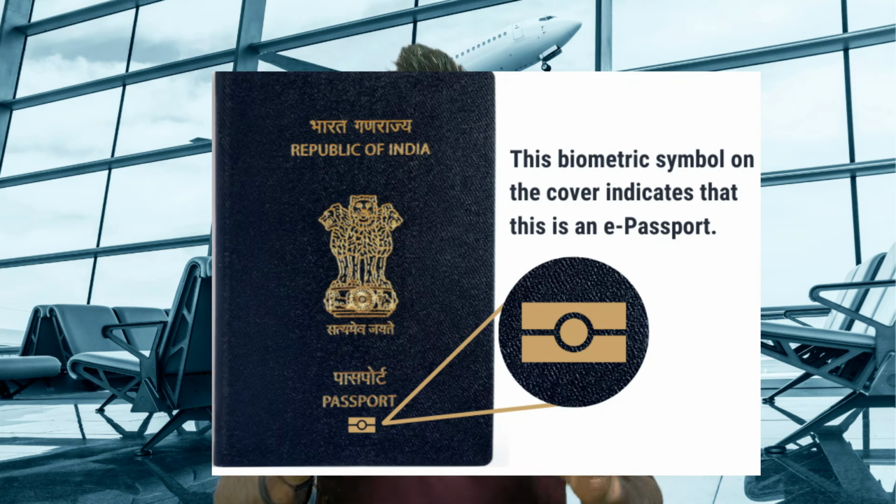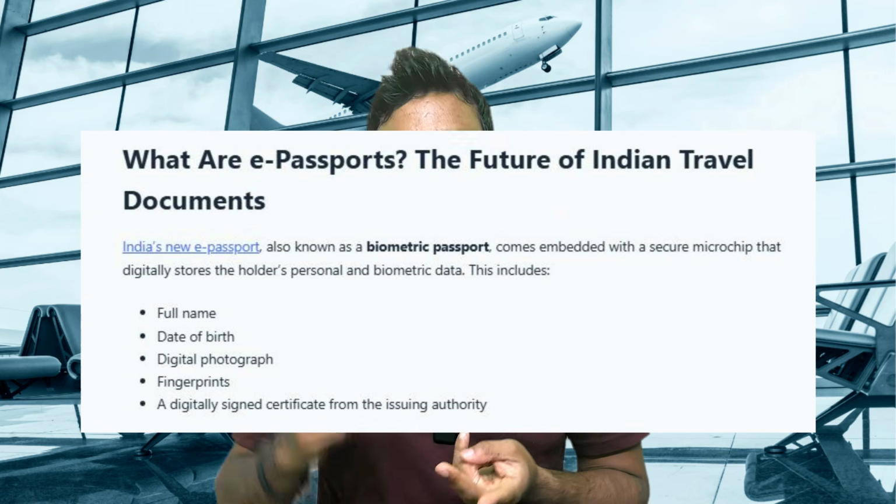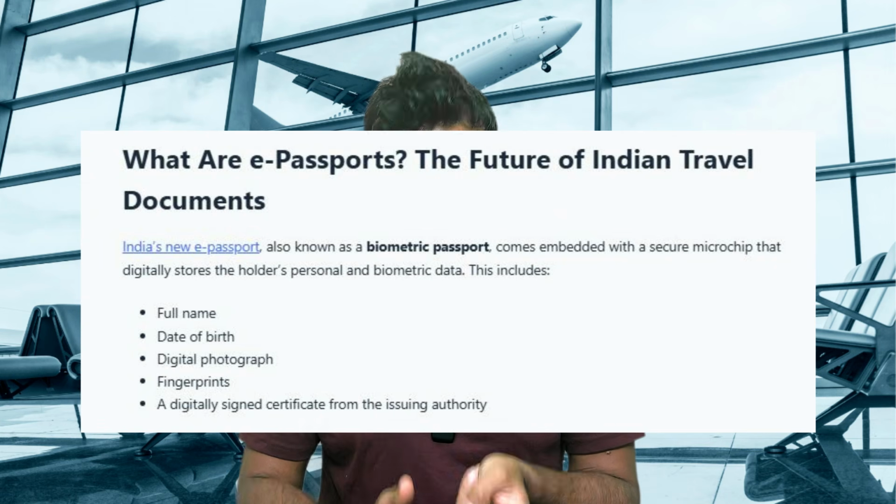Before we begin the process step by step, and I'll share my screen, guys, I want to give a quick introduction on what is the Indian e-passport. As you know, there is a lot of difference between a normal passport and an e-passport. An e-passport comes with an embedded microprocessor chip with 64 kilobytes of memory. This will contain your date of birth, your name, your digital photograph, and the issuing letter from the department, and also the previous countries you have visited. When I checked online, it records up to 10 to 20 countries of your previous visits wherever you swiped your